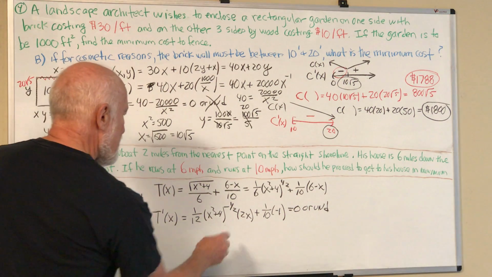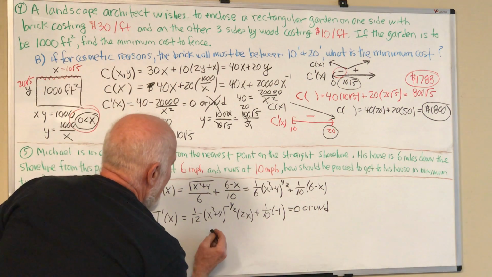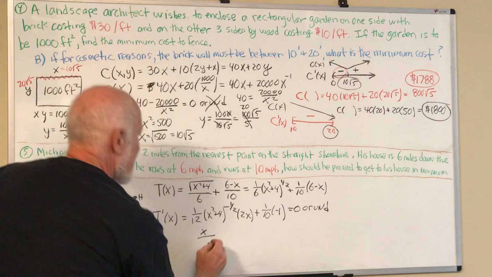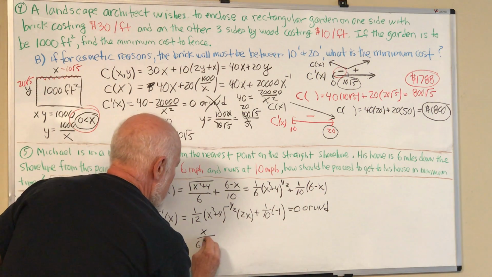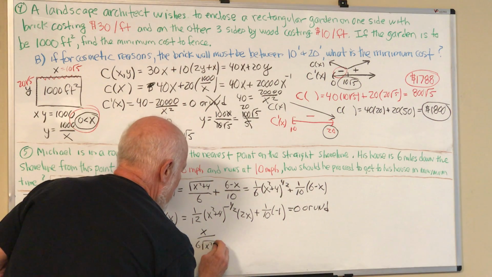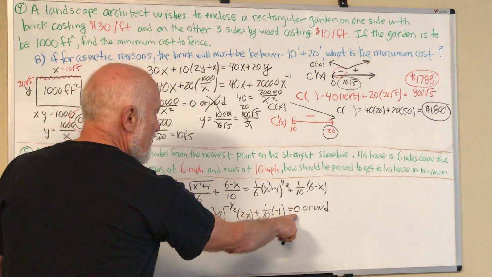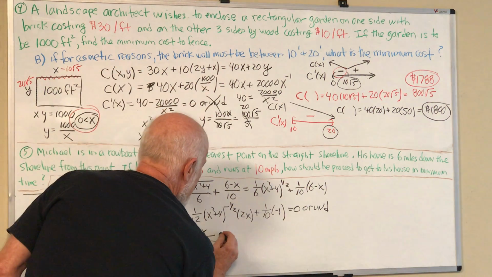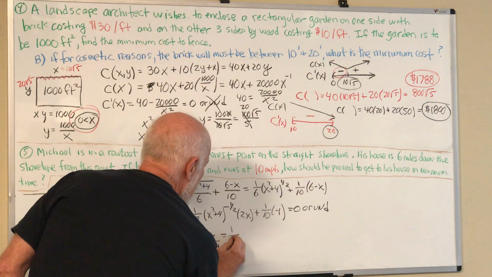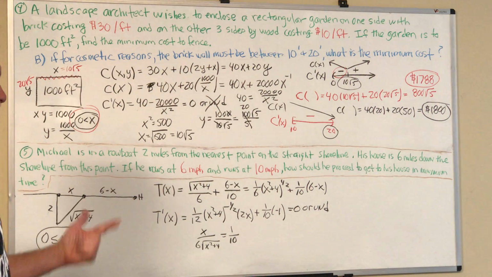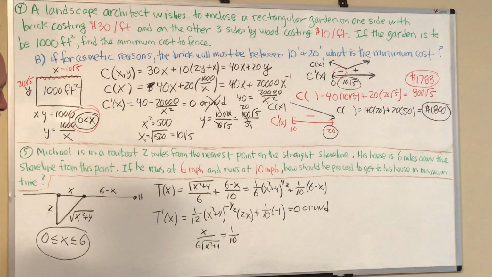But if I rewrite this, I get x over 6 times the square root of x squared plus 4, minus 1/10 equals 0. So if I set that equal to 1 over 10, that's the relationship that we have